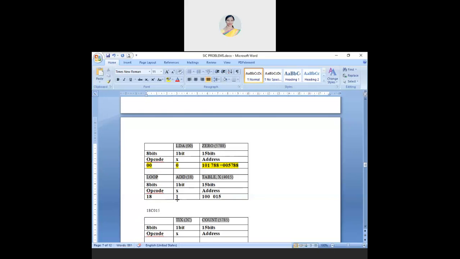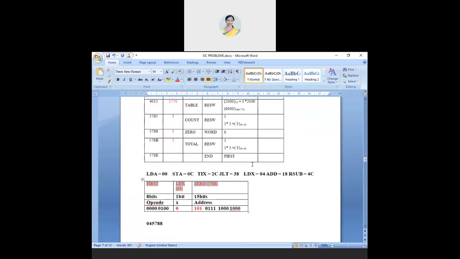This is 8 plus 4, 12. 12 is represented as C. See here, 3 bits plus 1 bit. If you are getting confused, please expand this also: 0000, again 0001, then 5 will be 0101 like that. But since it's very easy, I'm just writing as it is.